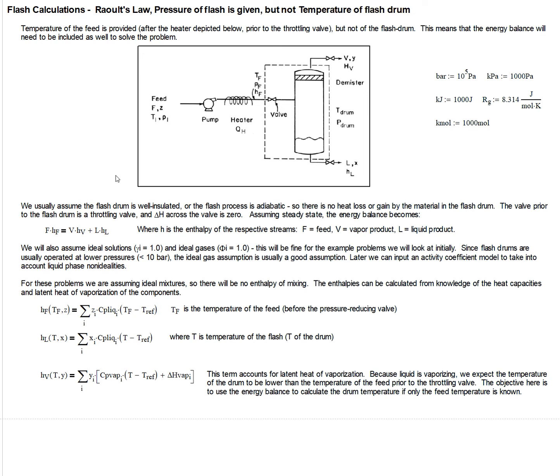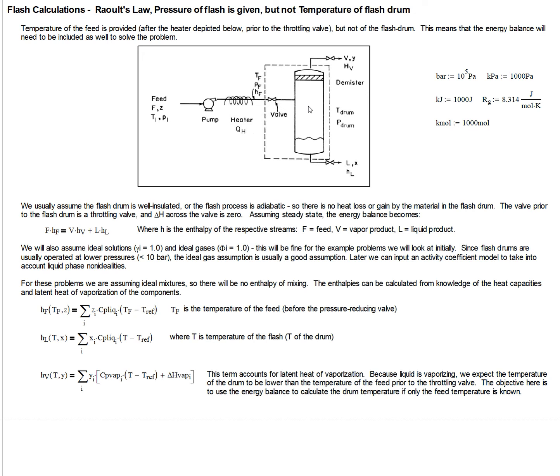But we have a feed coming in that is entirely liquid, and what we have is an optional heater, and this feed is coming in at a high temperature and pressure, and then we have a throttling valve that reduces the pressure to give us our two phases, and then the separation of the two phases into the vapor and the liquid. We are given the temperature of the feed, but we are not given the temperature of the